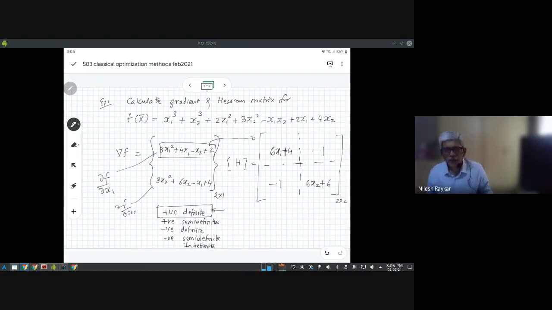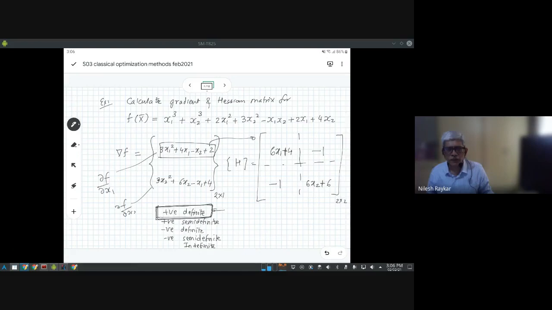So there are five types; any matrix can be classified into one of these 5 types. From the optimization point of view, or what we are talking about for our course purpose, the only property we want is whenever the Hessian matrix is positive definite, it is equivalent to f double dash x being positive. So that is where the function would be minimum. That is what we are looking for.